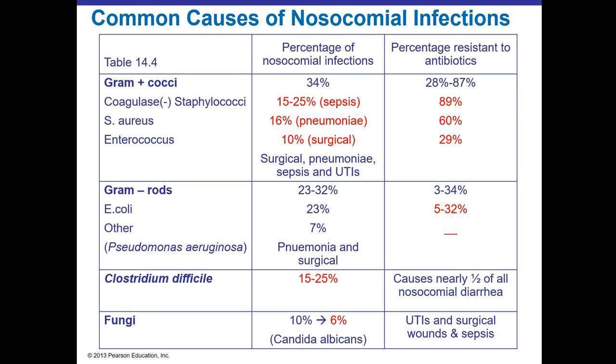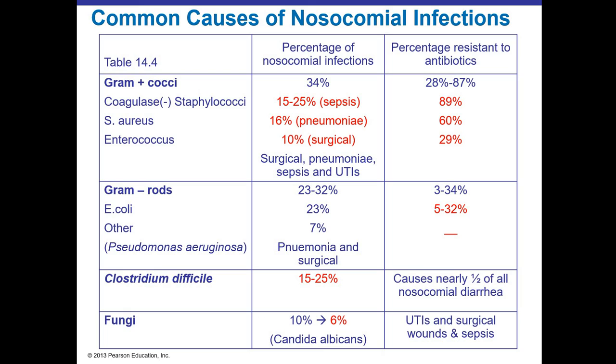Some of these are up to 89% resistant to antibiotics. We have heard a lot about the Staph aureus. 60% of them may be antibiotic resistant. So we see the variation in these organisms causing the nosocomial infections, but the bigger story is probably the